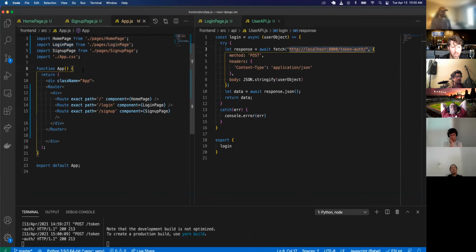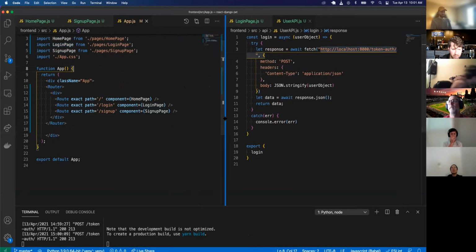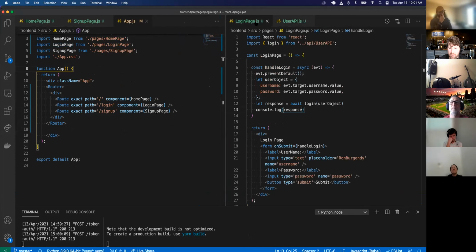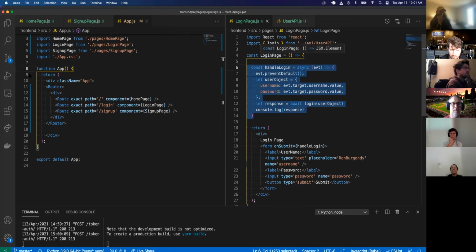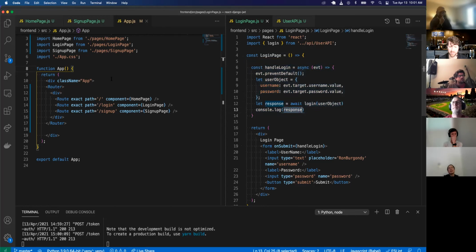Okay. I'm going to bring it all up to the top right now and use it that way for right now. And if we want to go back and refactor it to use context, we can, but right now I'm just going to move everything up to here. So this login page. Okay. So we have this handle login function that's in the login page, but we want it to be stored up here because when we get that response, we want to store it in the state at the very top of the app. So I'm going to move this